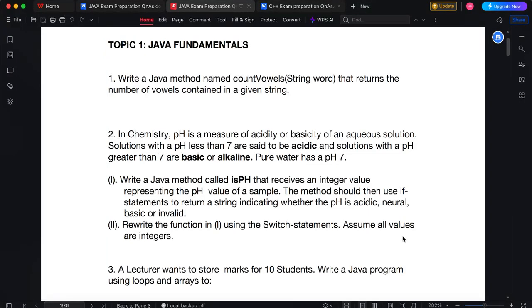In chemistry, pH is a measure of acidity or basicity of an aqueous solution. Solutions with pH less than 7 are said to be acidic, and solutions with pH greater than 7 are basic or alkaline. Pure water has a pH of 7. Write a Java method called isPH that receives an integer value representing the pH value of a sample. The method should then use if-else statements to return a string indicating whether the pH is acidic, neutral, basic, or